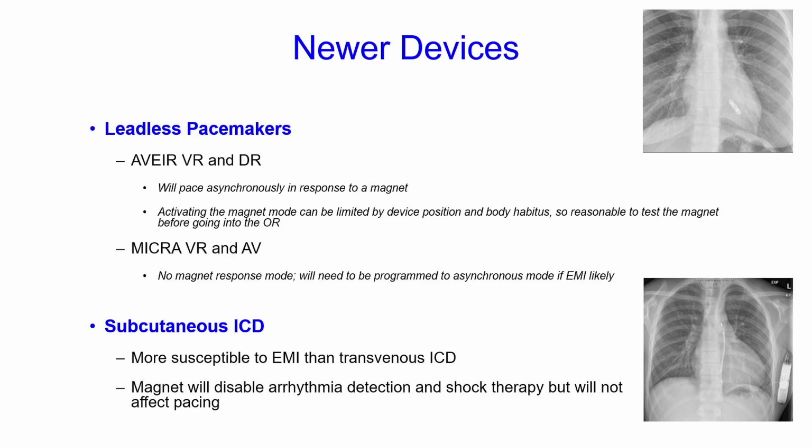There are leadless pacemakers, and if you're looking up at the top picture here, here's a leadless pacemaker. There are no wires attached to it. It sits inside the heart. And there are now really two main leadless pacemakers out there. There's the Aveir that's made by Abbott, and this will pace asynchronously when you put a magnet over it. The other is the Micra leadless pacemaker made by Medtronic. This has no magnet response mode. So you need to be aware of which leadless pacemaker you're dealing with to know if using a magnet is